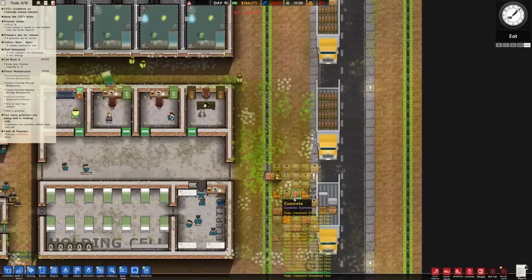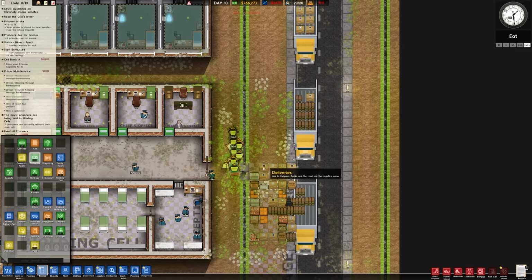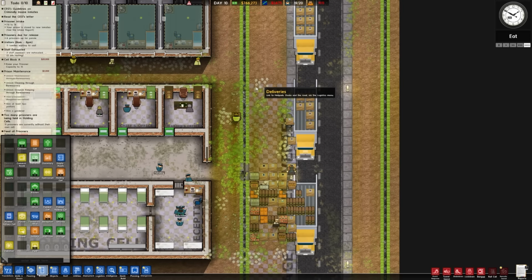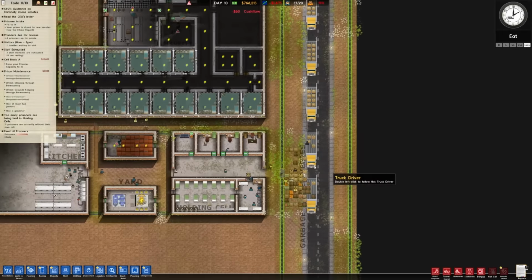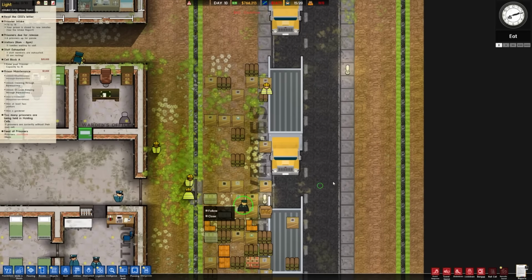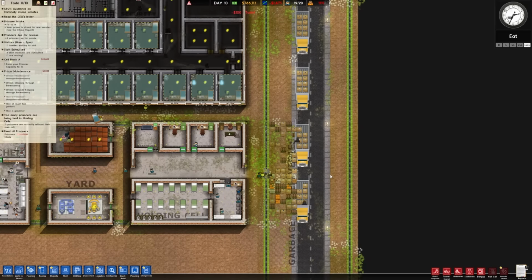I guess I probably should expand this deliveries room, quote unquote. We'll just make this plenty bigger so they can actually unload. Oh, that's the truck driver unloading. I thought it was a guard. It's like, no, the guards aren't going to unload that. Are you kidding? Yeah, now they can actually kind of get this